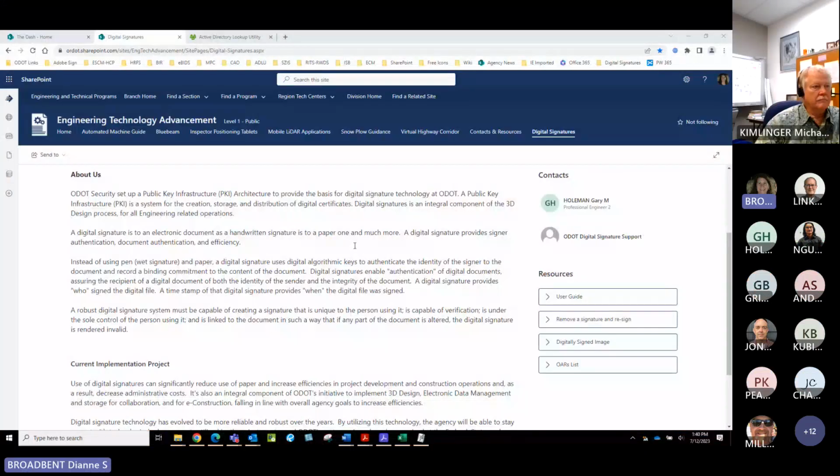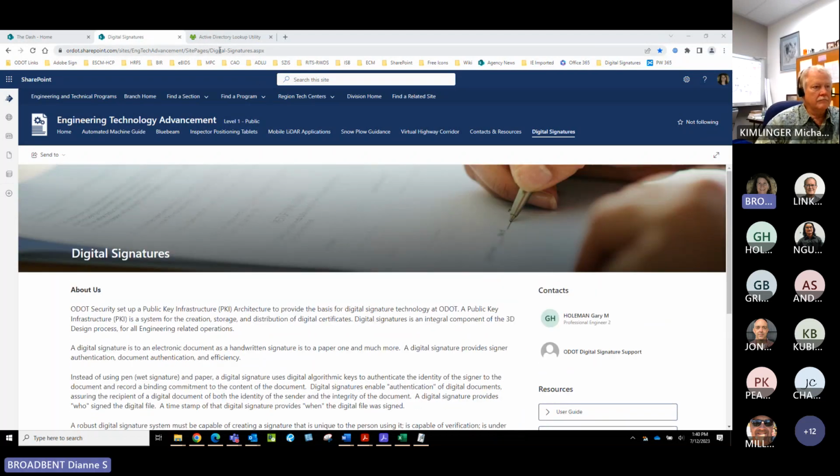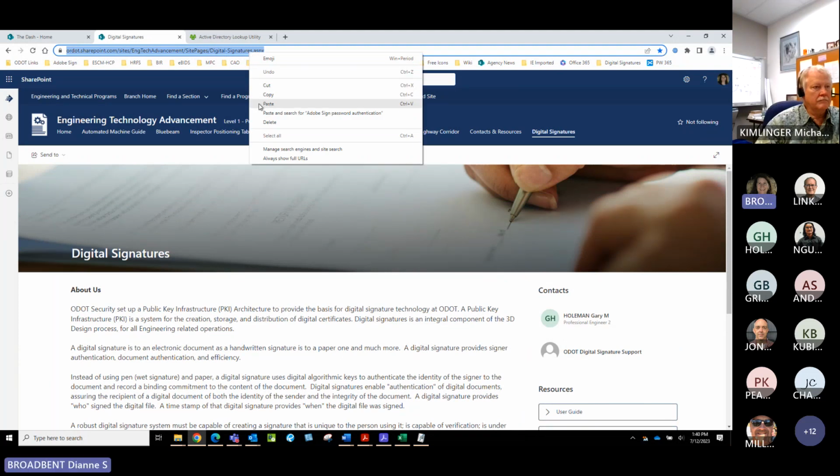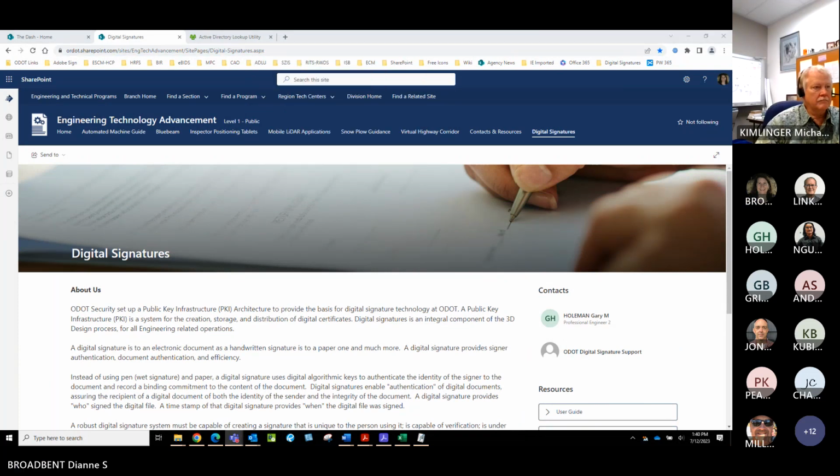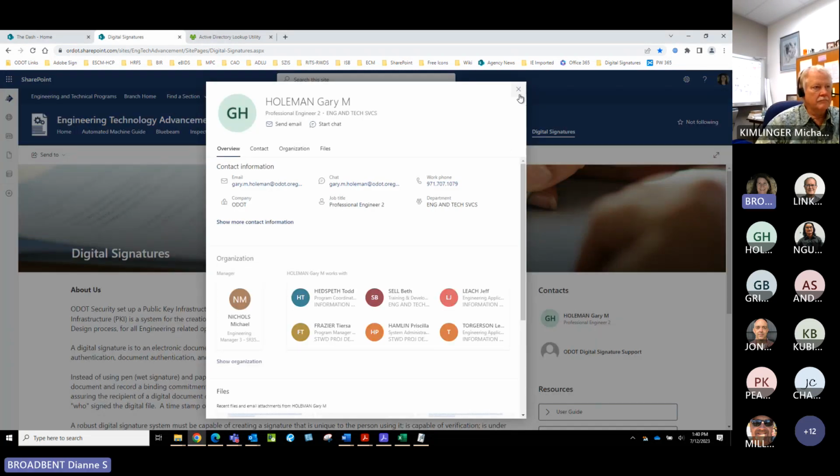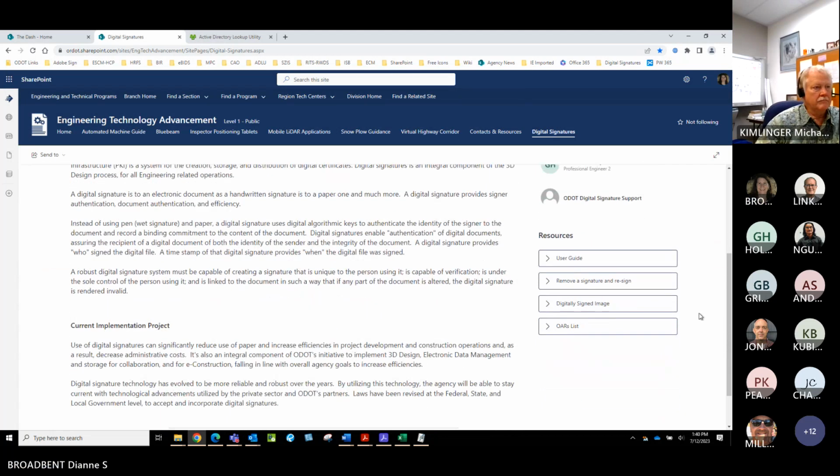Now, the first thing I'm going to share is the digital signatures internal SharePoint site. You can see that now. And I'm going to place a link to that site in the chat. So you want to bookmark that site. In this site, we have the user guide that you can access, and also a digitally signed image that you can also download and save to your local